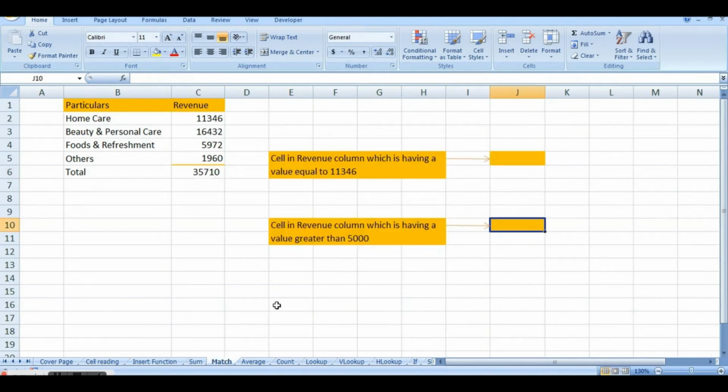Moving ahead with the next function, match function. Now what does a match function do? The match function searches for a specific item in a range of cells and returns the relative position of that item in the range.